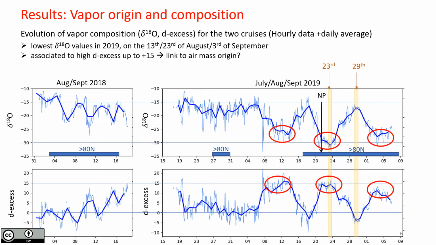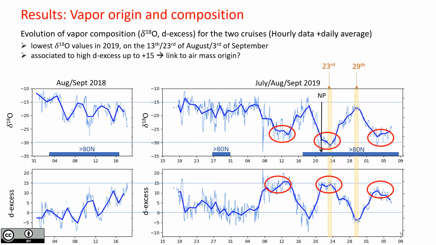and then there were large variations in delta weighting with 3 periods with very low delta weighting values around the 13th and 23rd of August and around the 3rd of September, which are highlighted with red circles. These periods also correspond to quite high deuterium excess values, around +15. Here we make the hypothesis that the large variations observed both in delta weighting and deuterium excess are related to